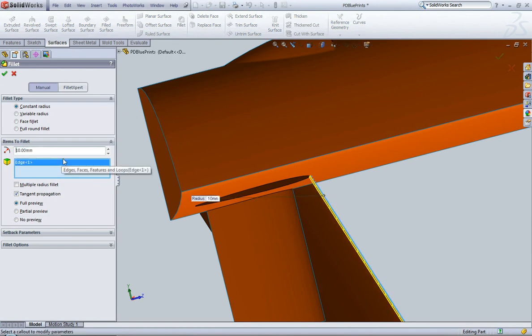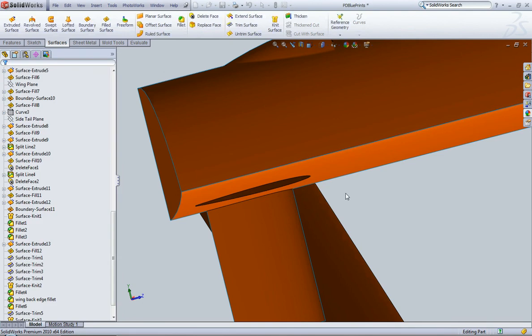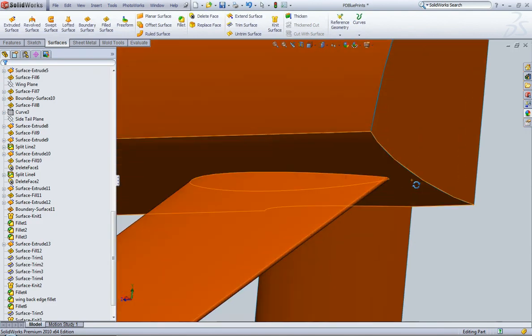Going to put a 10mm fillet on the front of that. You can see out here all that's been